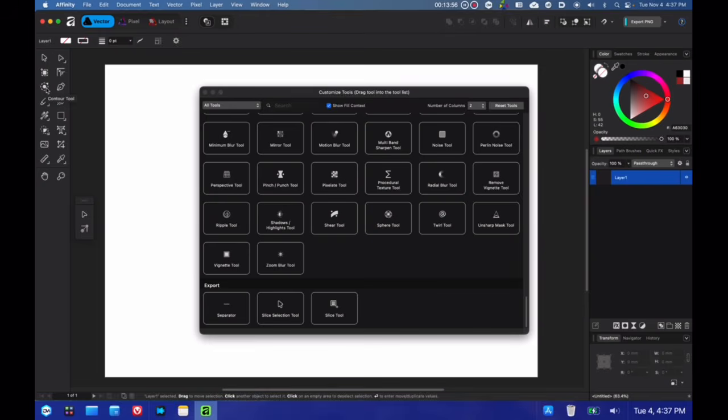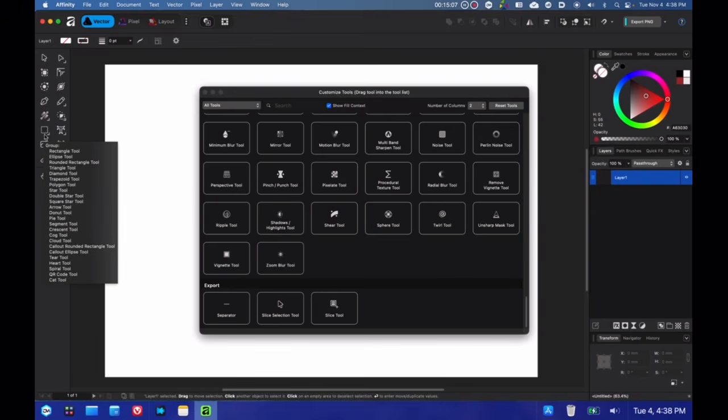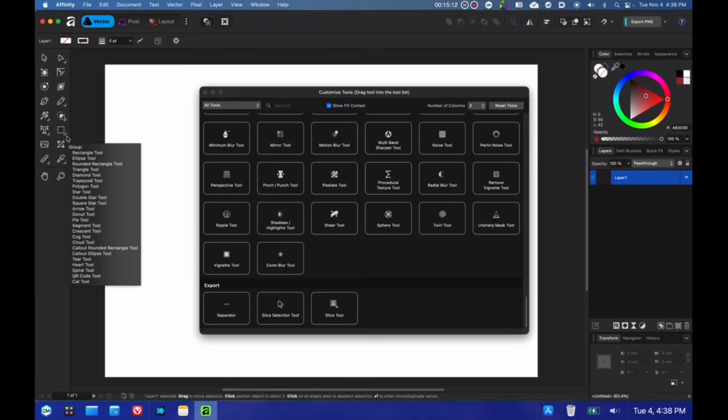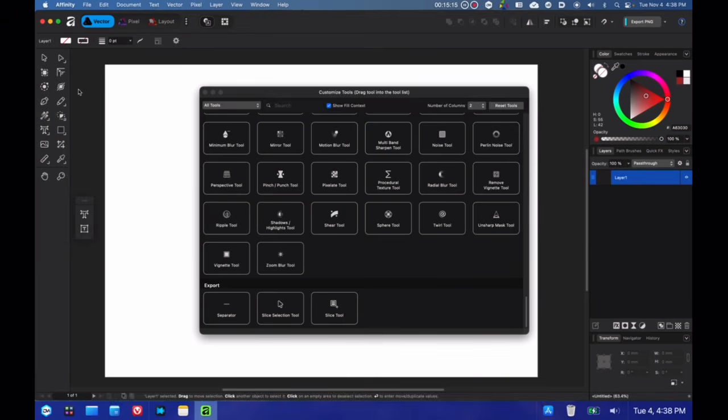Let's see. This is the contour tool. This is the pen tool. Alright, so I want the pen tool next to the pencil tool, so alright, let me just think of how I want this. Stroke width tool, I'm going to have that up here. So the pen tool and pencil tool are next to each other. Alright, and I think I want the shape builder tool next to the gradient tool, and have shapes and move text over there. Why? Because I have OCD. Deal with it. Alright, so I think these look good now.